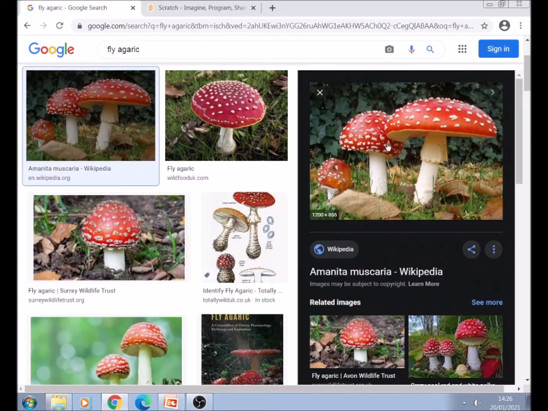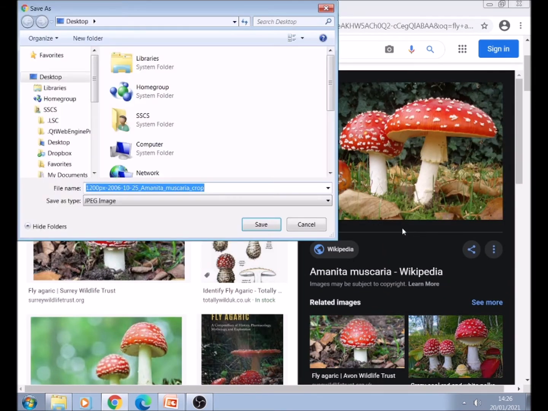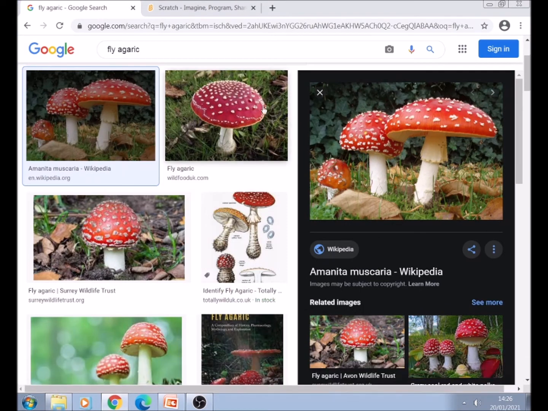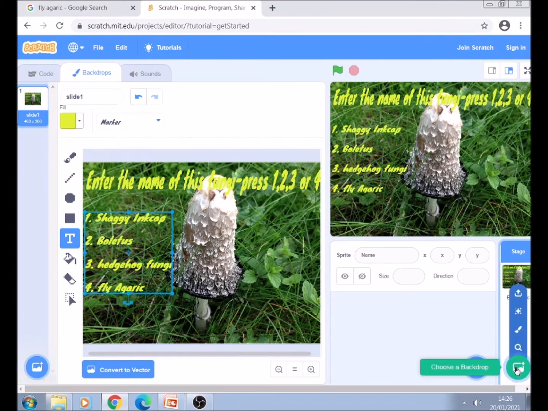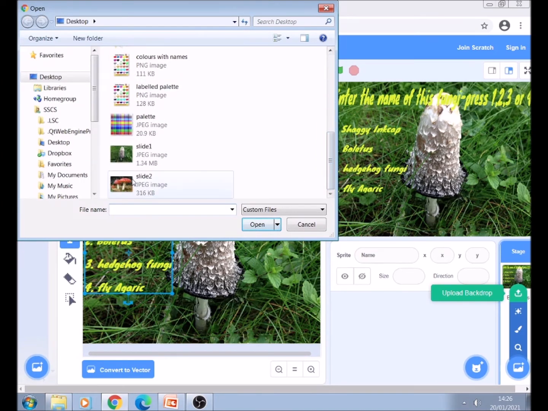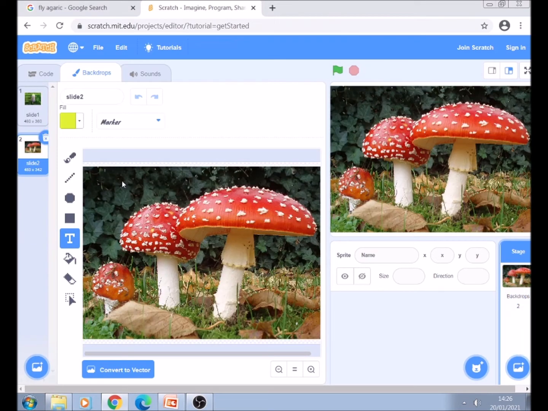Click on it once, right click, save image as. Don't forget slide 2, and save. Back onto Scratch, exactly the same. Upload backdrop and slide 2, and we can then put the question exactly the same on slide 2, and then we continue